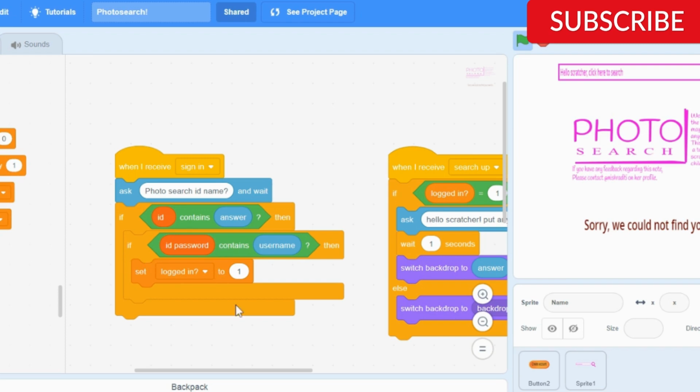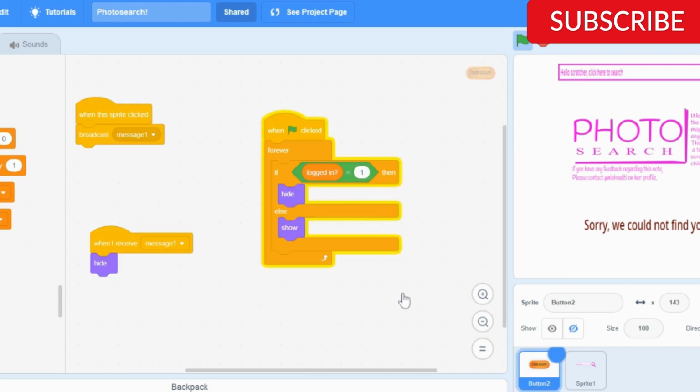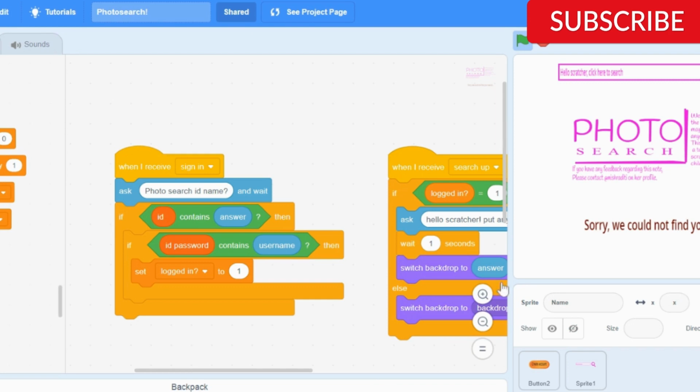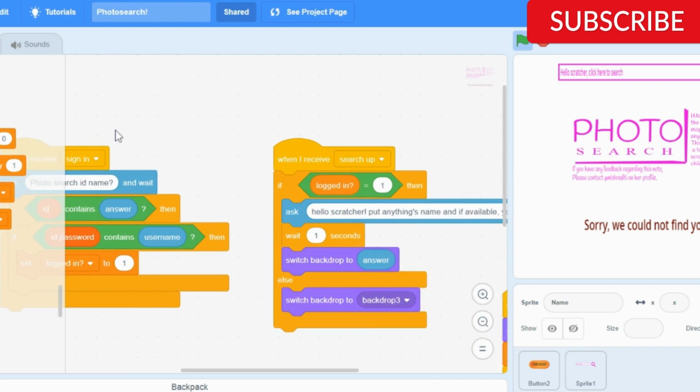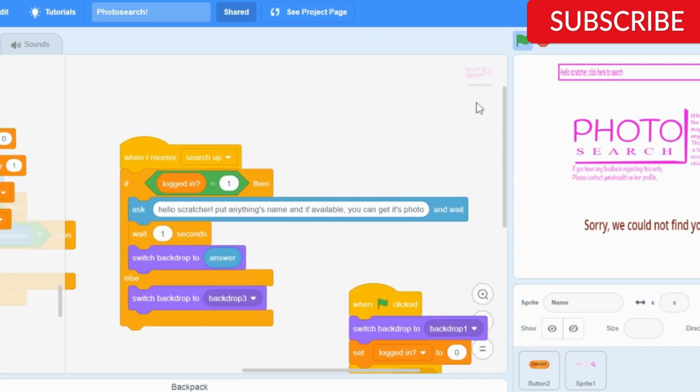As I mentioned before, in the button 2 block, the block is there if logged in is 1. And now let's see who sets the logged in variable to 1 here. So the state sets the logged in variable to 1. There are 2 if blocks for the sign in. Now if the search is clicked, then the search up message is broadcasted. And if the logged in is 1, which means the person is logged in, then only it will ask